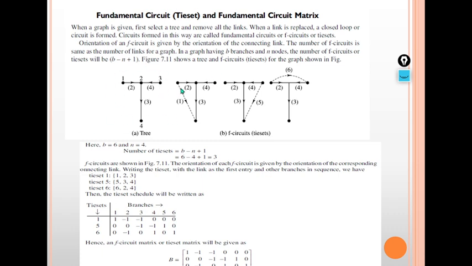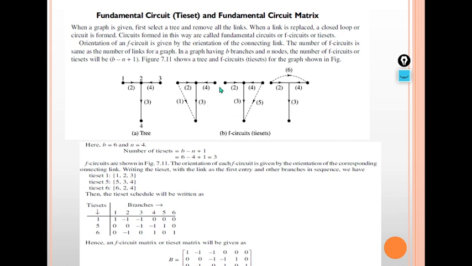Now here you can see that if I find the tie set 1, from this tree, if I connect a link, it will make a closed loop. I am drawing the matrix later. First see the figure. So 2 3 4, this is the tree. Now I am taking one link, the first link. So this is 1, right? Next, this makes one tie set.